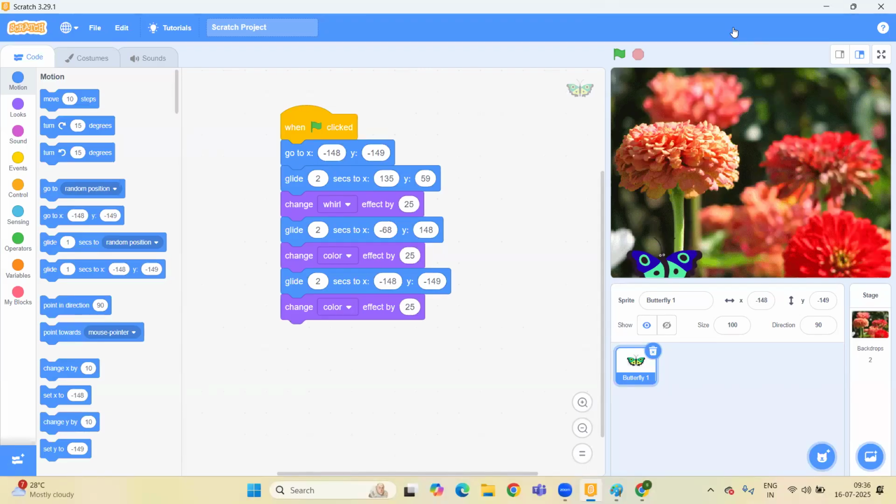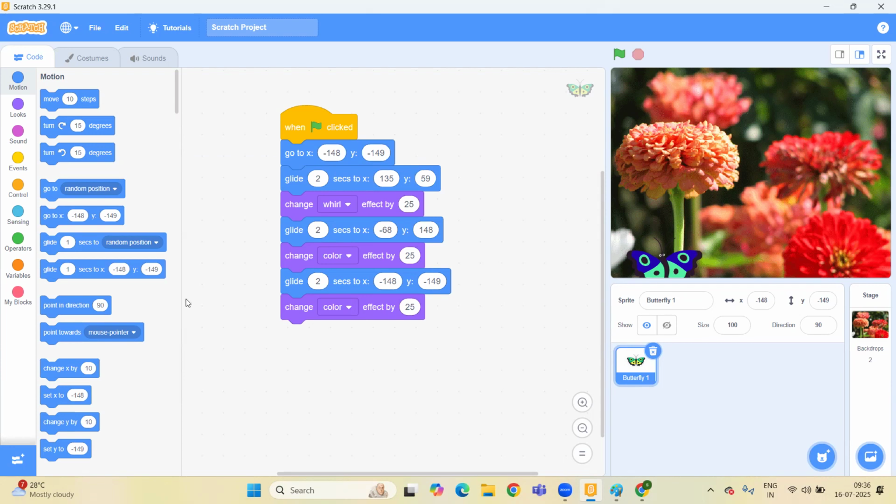So in this we have already discussed what is the role of the move block, and how the coordinates will work in the projects, and what is the role of the go option, the glide option, and the change option.